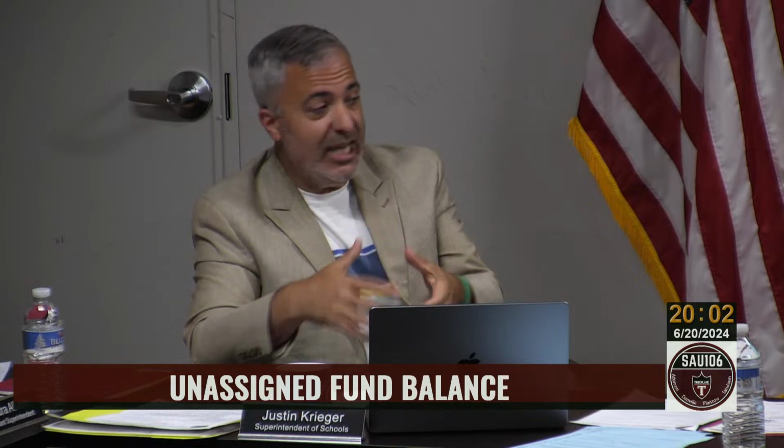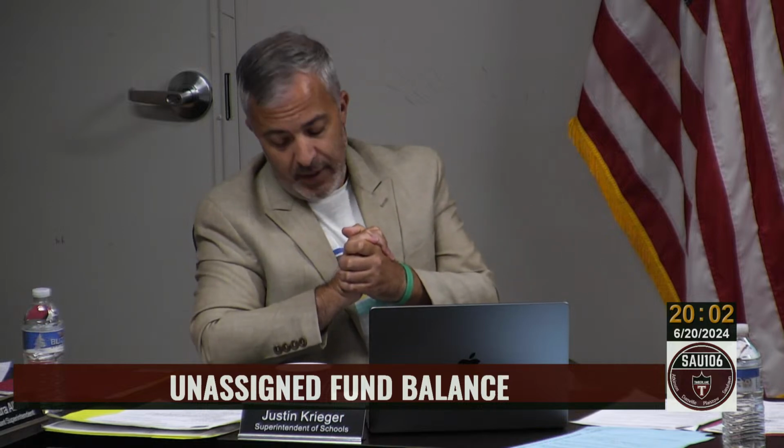And lastly, I gave the CIP committee an update the other day when we met as a subcommittee. There's still close to $600,000 sitting in the budget for CIP, not yet expended and not yet under contract to be expended. And I know the CIP committee had a conversation about that. I would encourage the board members who sit there to give an update about what the tone was at that meeting. The next time I think you'll hear from me on the unassigned fund balance is on July 18th. We'll have another look, and we'll see how these 4 future considerations continue to play out. But again, what we report in July will change for what we report in August, and it will become static on September 1st.